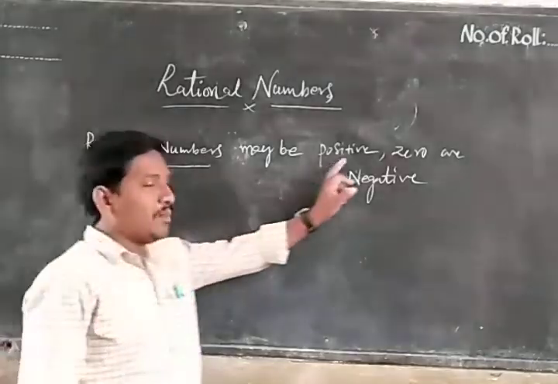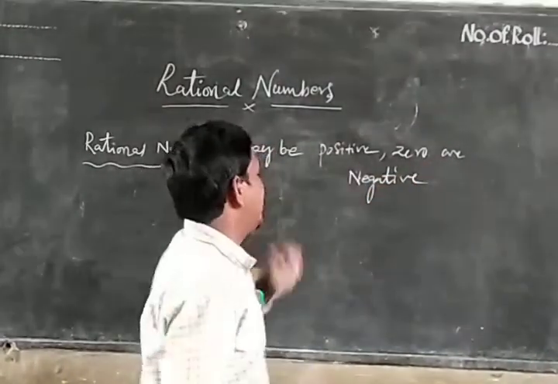Rational numbers may be positive, 0 or negative. Why? Because